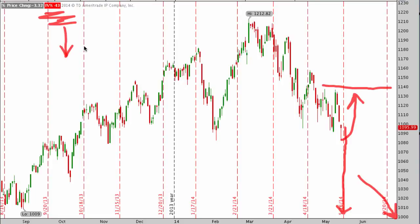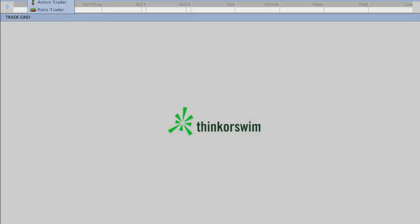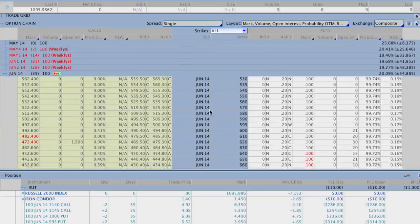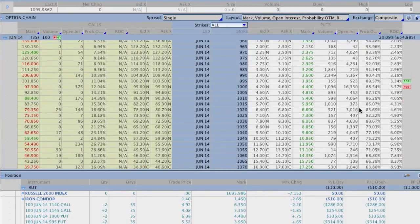That's going to help us start to realize this profit a lot sooner. But doing this trade, we actually ended up doing it very, very wide, very, very good probabilities. And I'll actually go to the trade tab so you guys can see these. Again, our position is right down here below the bottom of your screen. All right, so here's the actual trades that we made, and I'll break this up into two parts. You'll see that our strikes are here on the right-hand side, and our probability of being out of the money,